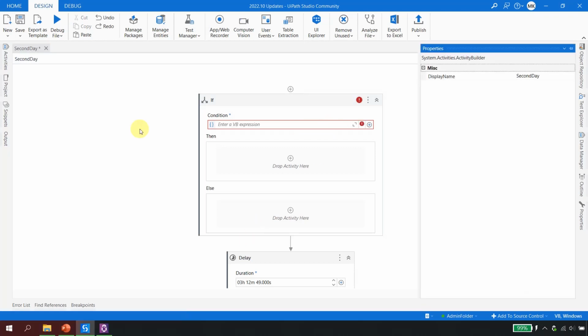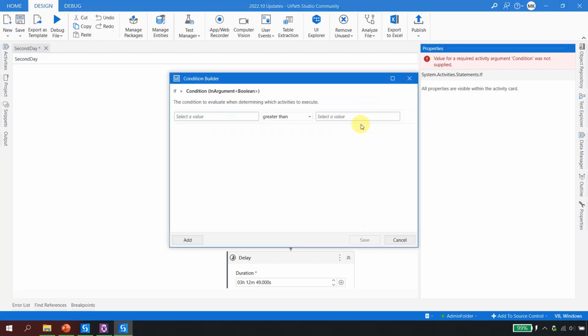Now, where exactly can I find the new condition builder, right? So for that, you have to click on this one and your cursor, your design would change something like this. Click on this one and you should open something which is called a condition builder. Now, what is so special about this condition builder? Once you are in this condition builder, you actually can write a condition using multiple statements and multiple variables, such